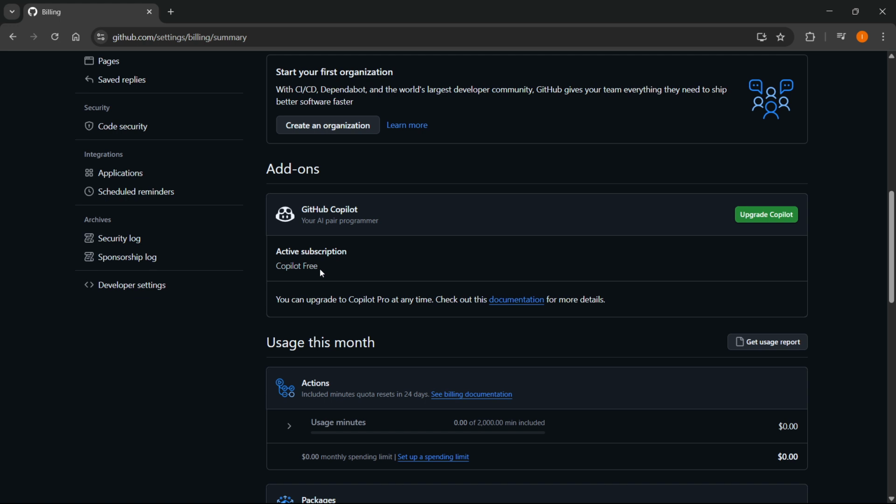And then you'll be able to click on Manage Subscription. So click on Manage Subscription drop down on the right. It's going to be somewhere around here. And then from there, you want to click on Cancel Subscription. After you click on that, you'll be able to select to cancel the Copilot Pro Plus or the Copilot Pro subscription, and then you will be able to basically cancel it, and it will stop at the end of your current billing cycle. So that's pretty much